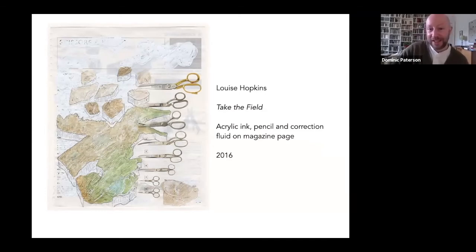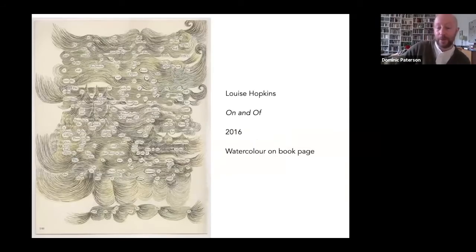And here you can see she takes a magazine advert page and produces a kind of collage, partly painting out details, painting others in, showing land being snipped up into little segments, something perhaps inspired by events taking place in 2016. It was a notable referendum, of course. But also taking a surface, the page of a piece of paper, as a kind of landscape in this work,